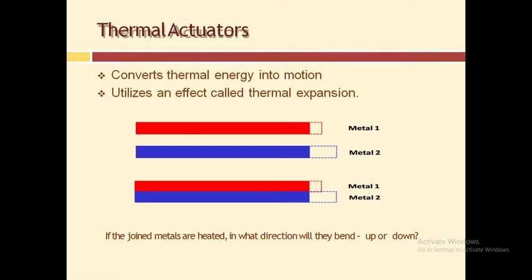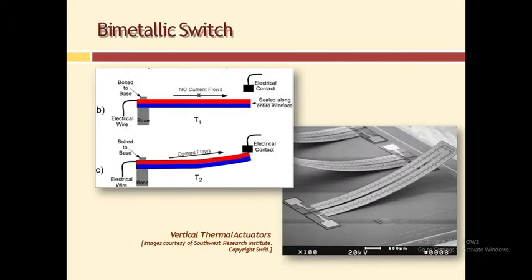You all are familiar with this bimetallic actuator. Here is how it works. There is an electric wire which is used to create heat inside the bimetallic strip, and when the strip gets heated, it expands, and during this expansion a curve occurs. That's why it moves in the upward direction. So you can say that the bimetallic strip is used for linear motion here, and we name it a thermal actuator.